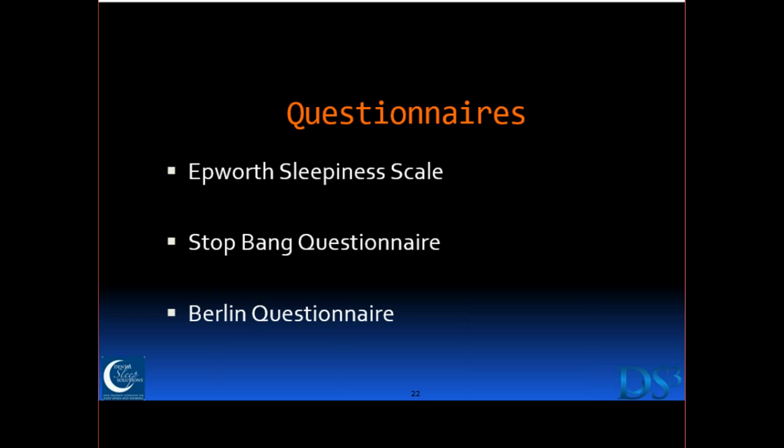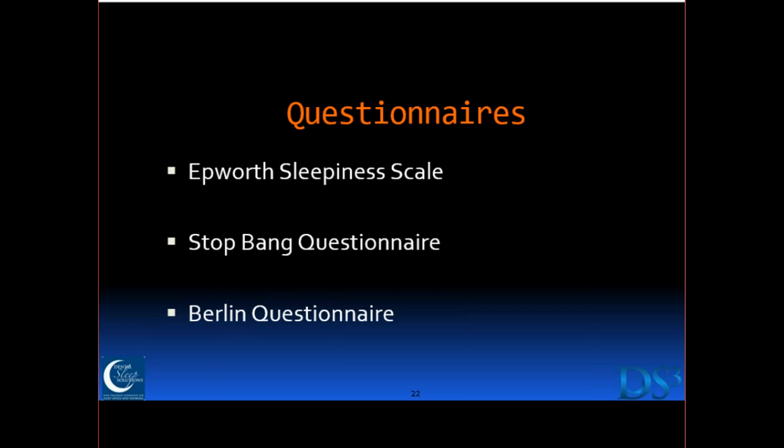So getting involved is as simple as let's give somebody a questionnaire. There's 3 of them on the screen. Originally, we were going to go through all of them, but we only have an hour. And you know what? This information is readily available on the internet. Yeah, you can Google any one of these, and they'll come up with the form. You can take that form and add it to your existing forms in your practice, add it to your letterhead. But again, it's a commitment from you and your staff to this process for trying to identify these people.